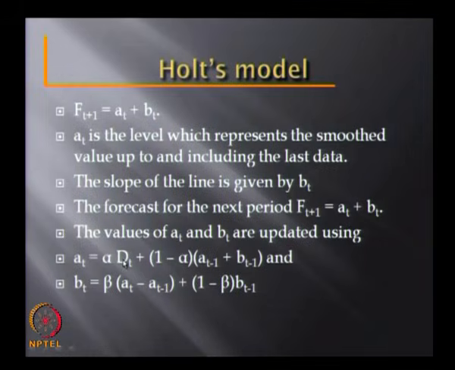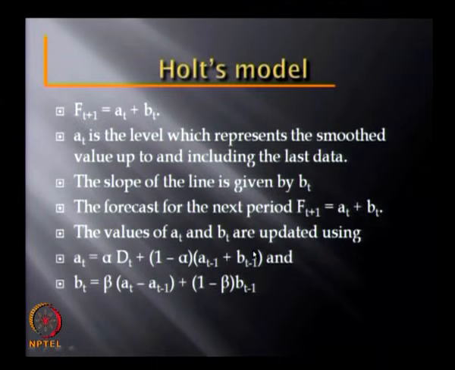So, in some sense d t and f t minus 1 are comparable. F t minus 1 is the estimate of d t. In this notation, f t minus 1 would mean that it is the forecast made at the end of period t minus 1